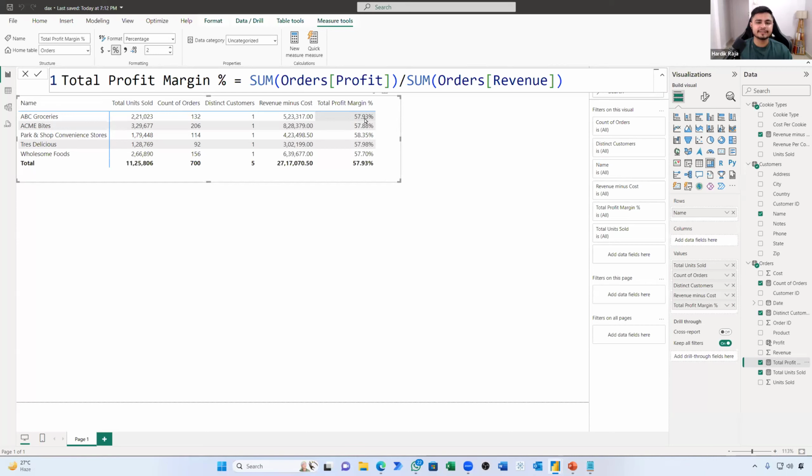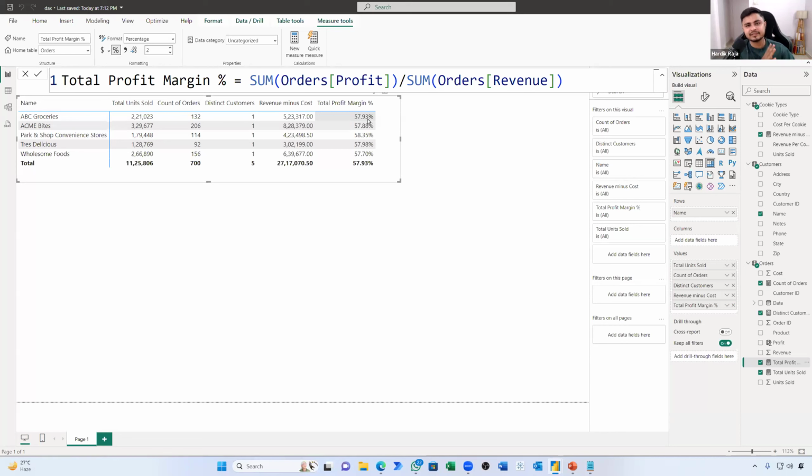Now it might be very subjective. Some people might say, "Hardik, my boss is just interested in 57 percent, he's not interested in 57.93." That might not be the case in the real world, because in the real world the decimal points also matter. I'm pretty sure if you are working in top MNCs, you might be dealing in hundreds of thousands of crores, so the decimal also matters there. So we'll go with the safer side. We want to know the exact margin. So the exact margin for this particular customer is 57.93%. So it's a good margin that we have.